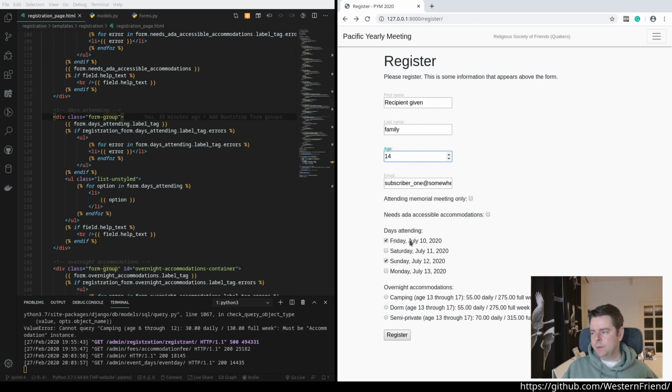So for both of these fields that have options, we're going to display the label, the errors, and then rather than rendering the form here, you can see this double curly braces actually just renders the form field itself. We're actually going to use the %, all of the template operators are surrounded by the %, and the curly braces are used to interpolate the values of variables and properties